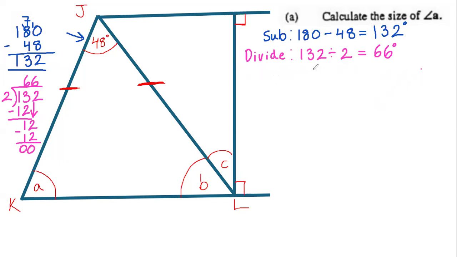So A is equal to 66 degrees. Please understand that. All right. What's the reason? The reason is because angles in a triangle add up to 180. We could say that. The reason is